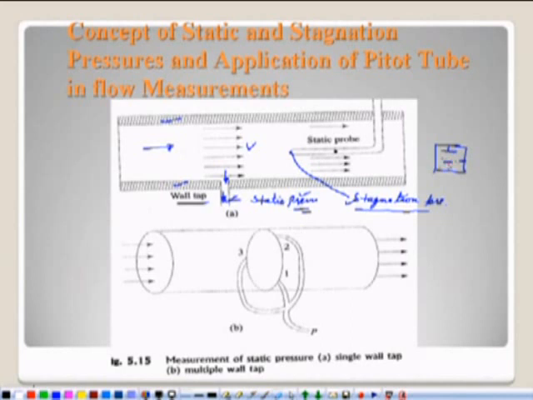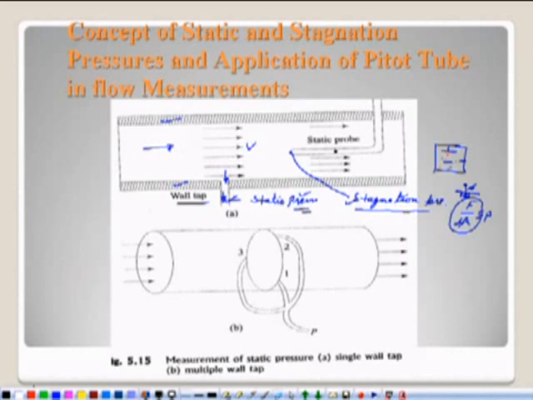This pressure comes because of the movement of molecules, and because of this molecular movement, these molecules strike the wall and get diverted. Because of this, there is a rate of change of momentum, and rate of change of momentum creates a force, and that force per unit area on a small elemental area, let's say this one, is known as pressure, which is also sometimes called thermodynamic pressure or static pressure,